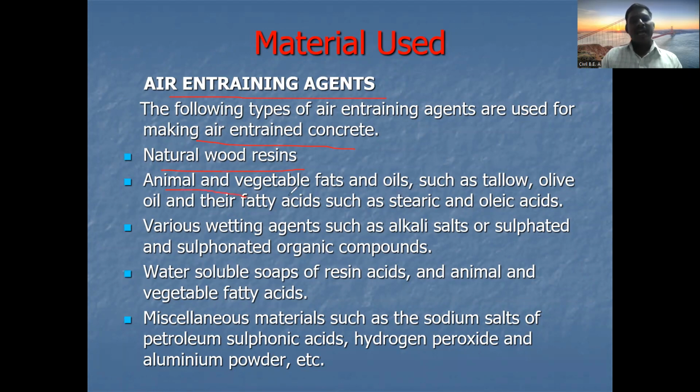Then animal and vegetable fats and oils such as tallow, olive oil, and their fatty acids such as stearic and oleic acid. So these acids we are using in the concrete as an air entraining agent to increase the air percentage in the concrete, to decrease the permeability